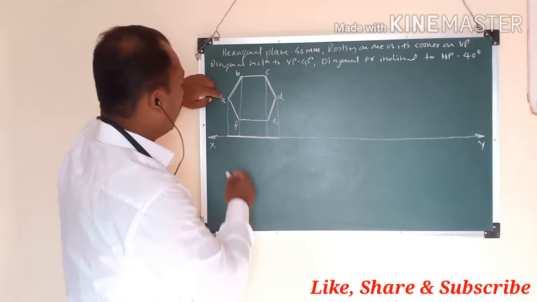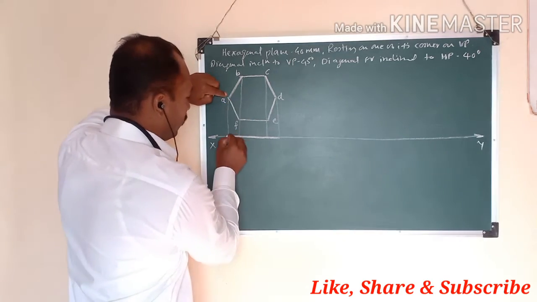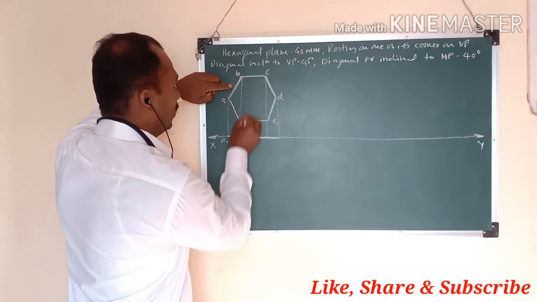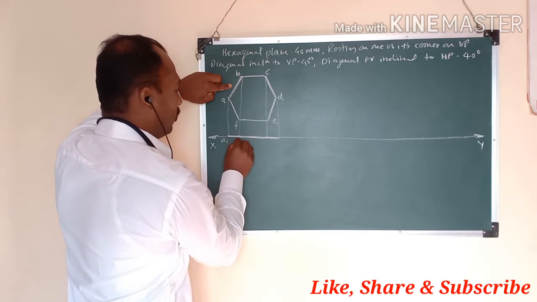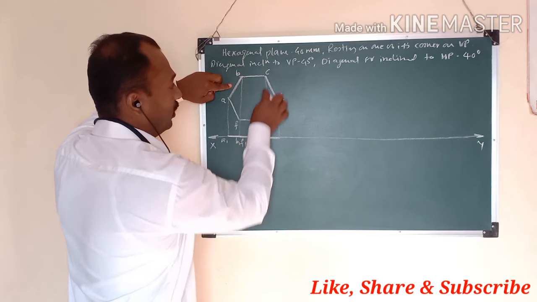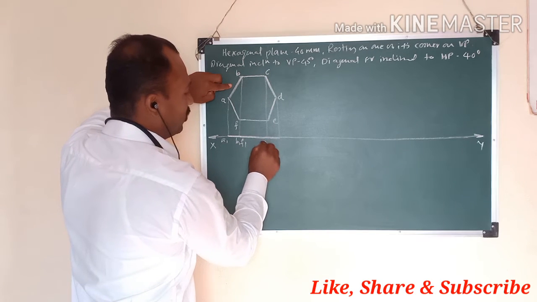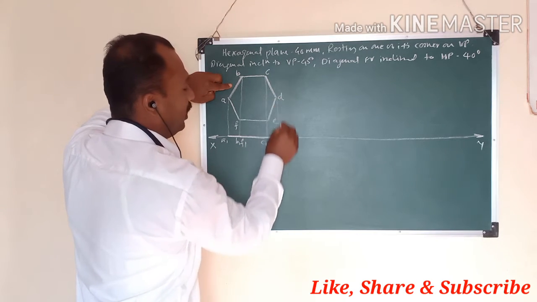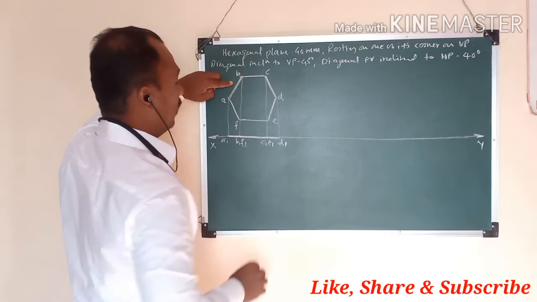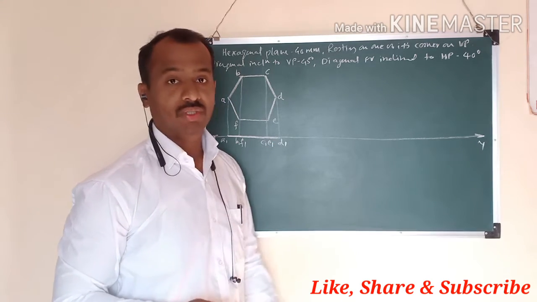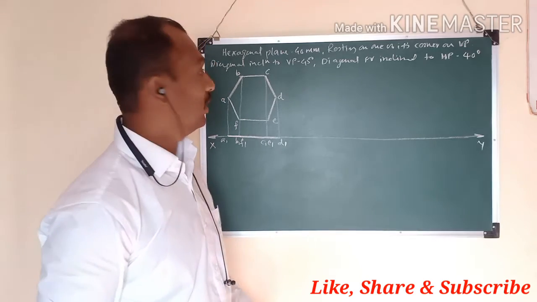Here there is A. It means this will be A1. This is B and F, so this will be B1 and F1. This is C and E, so this will be C1 and E1. This is D, so this will be D1. So assign the point names to all these points. ये सब फर्स्ट स्टेप हमने कंप्लीट कर दिया.